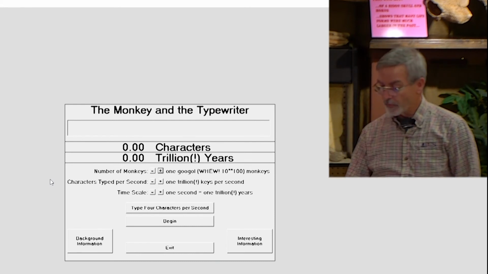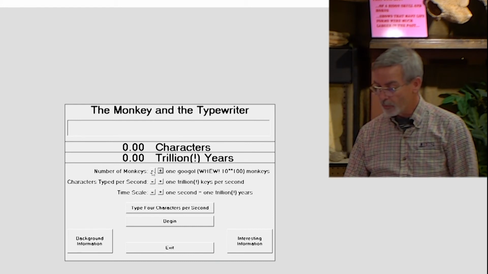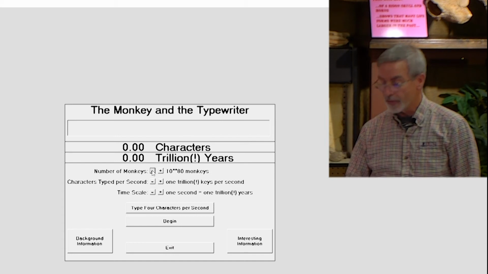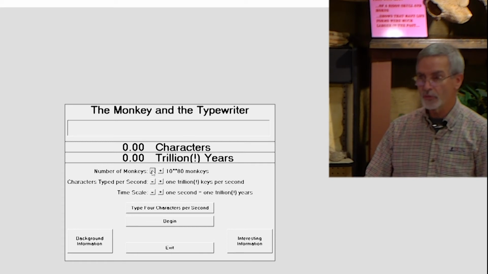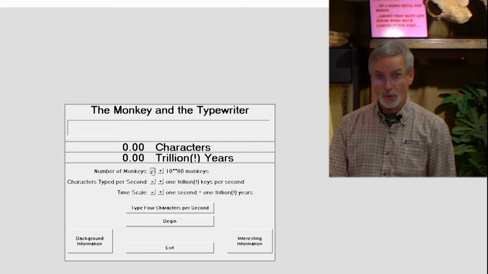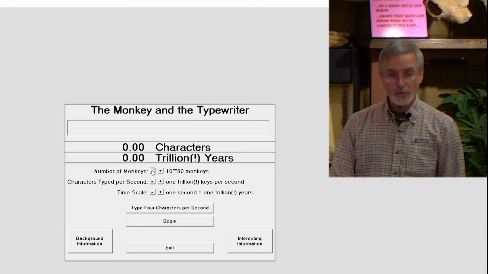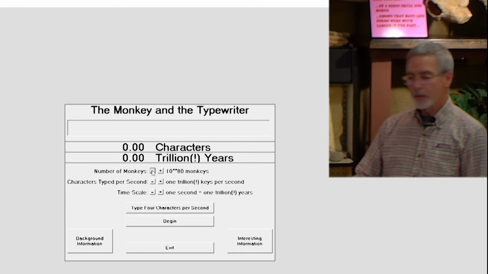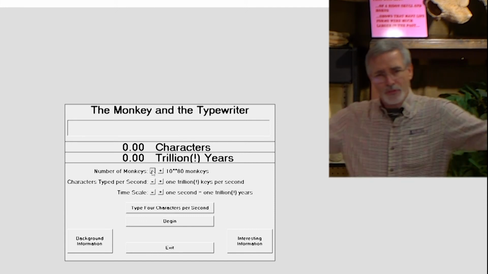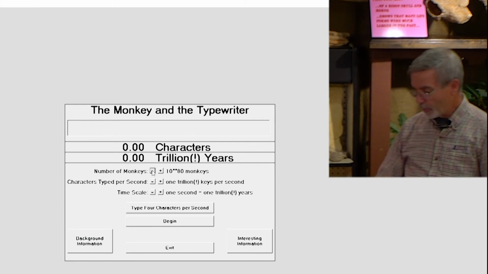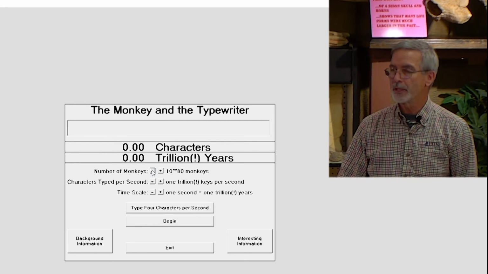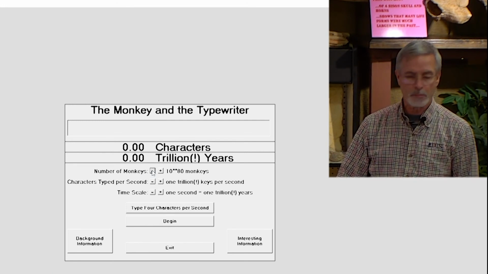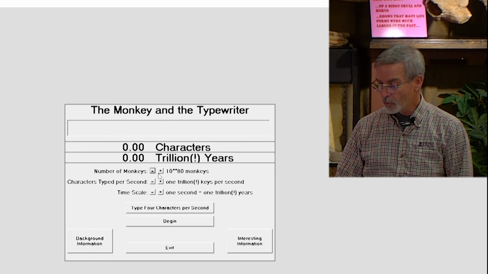Because, if I go back to the 10 to the 90th and then 10 to the 80th, that's the number of particles in the universe. The particles in the universe, not sand on the seashore, not atoms in the earth, but the particles in every piece of material in the entire universe is 10 to the 80th. And now a googol is 10 to the 20th larger than that, which would be about 100 billion billion, I think. So we're going to go up to a googol monkeys,